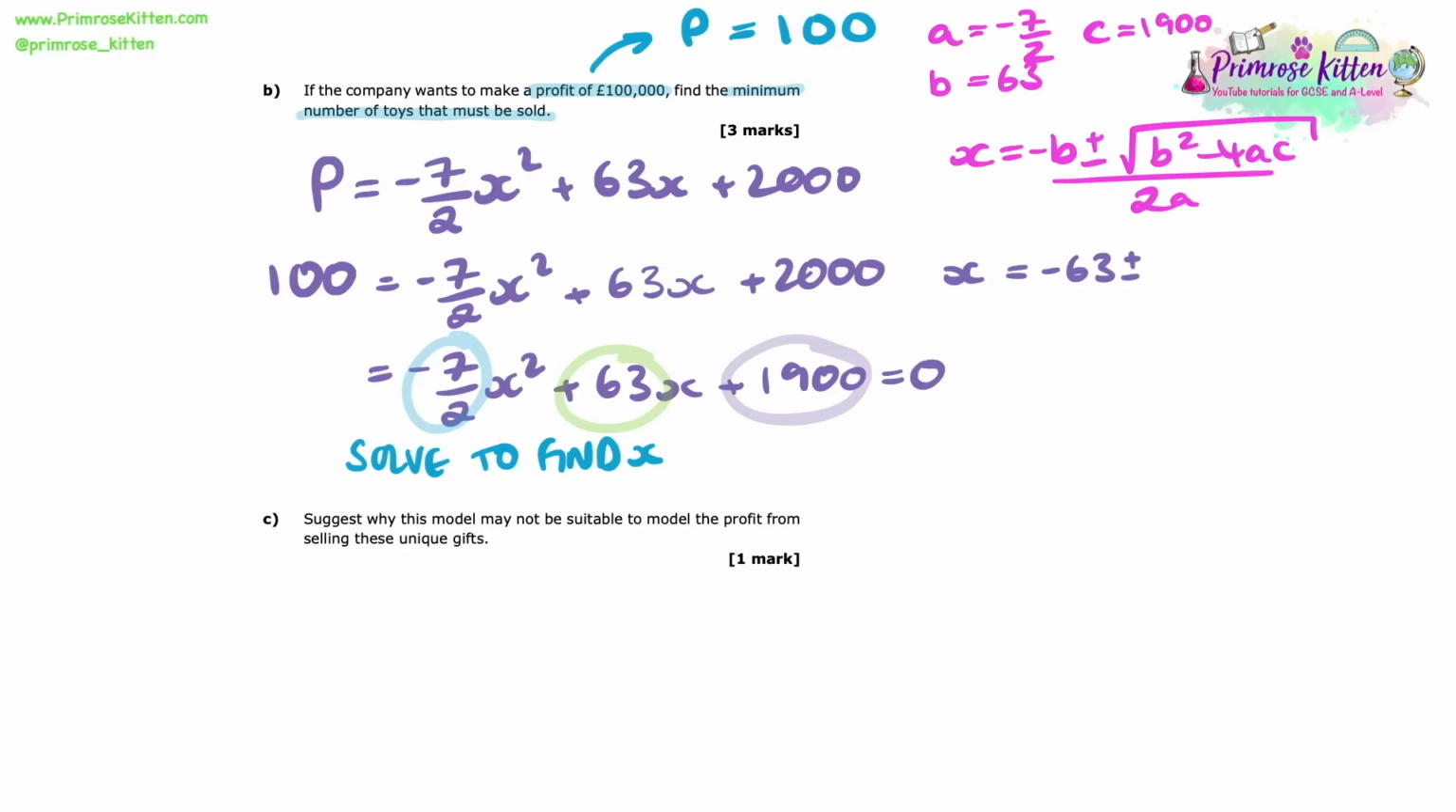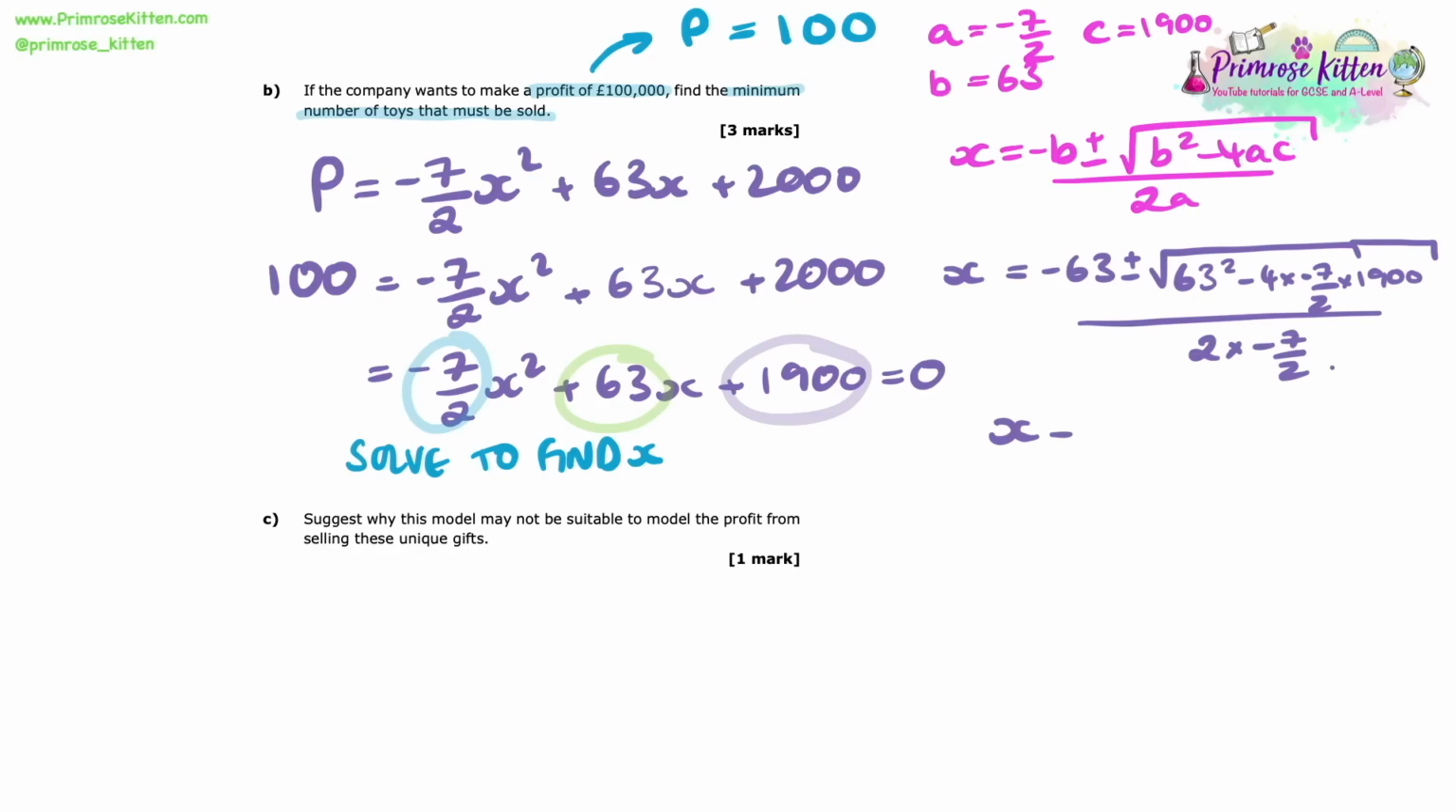X is equal to minus 63, plus or minus the square root of 63 squared, minus 4 times minus 7 over 2 times 1900, and that's all over 2 times minus 7 over 2. So when I first put that in with the positive value, I get minus 15.977. And then when I put it in with the negative value, I find that x is equal to